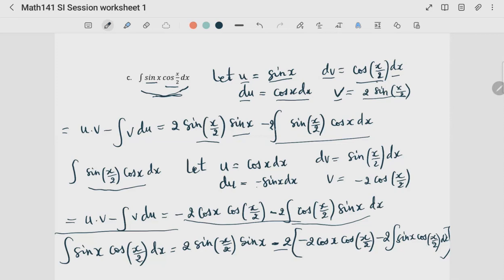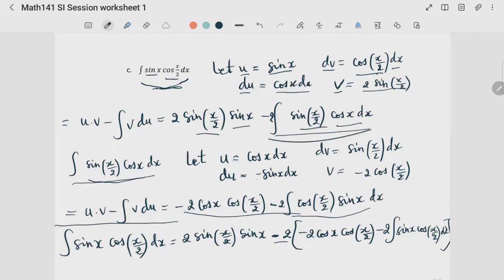When we evaluate it separately, we need to stay consistent. In the previous substitution, we substituted the dv for the function that had x over 2. So by staying consistent, we'll substitute our dv once again by sine x over 2 dx,